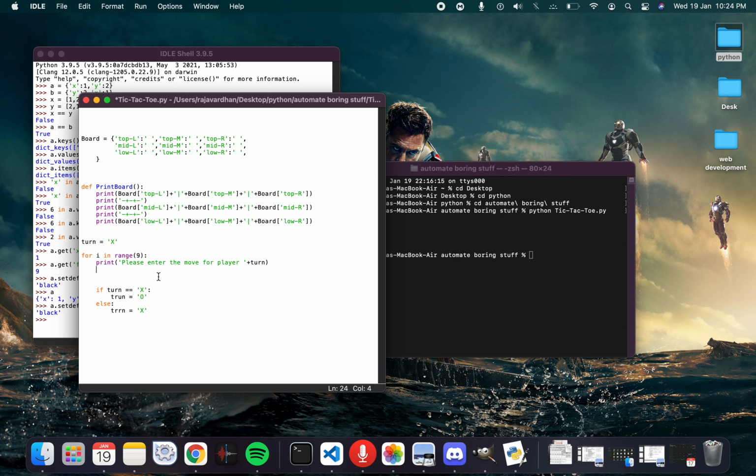After asking for the move, I will take it as an input. Let's say move is equal to raw_input, which will consider it as a string from the beginning. Now after taking the move, I will place it in the dictionary, that is the board. The board of turn is equal to the board of